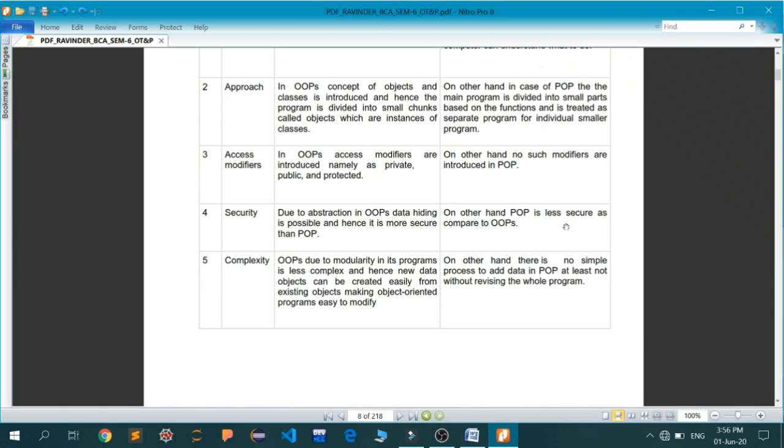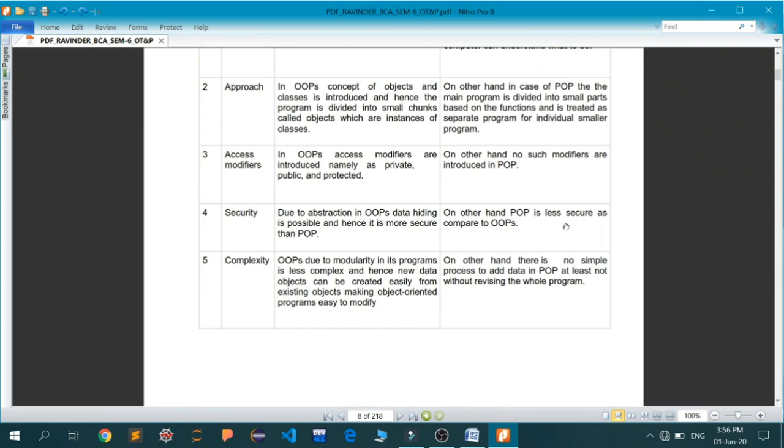and adding data or adding a few entities to your main application is quite easy, while in POP that is not simple, because we are doing everything in a sequential manner. Okay, that is one thing after this thing after this thing, and if you want to insert any new chunk of code into your present application, then that complete sequence has to be reorganized. So in that way your complete application will be revised again.